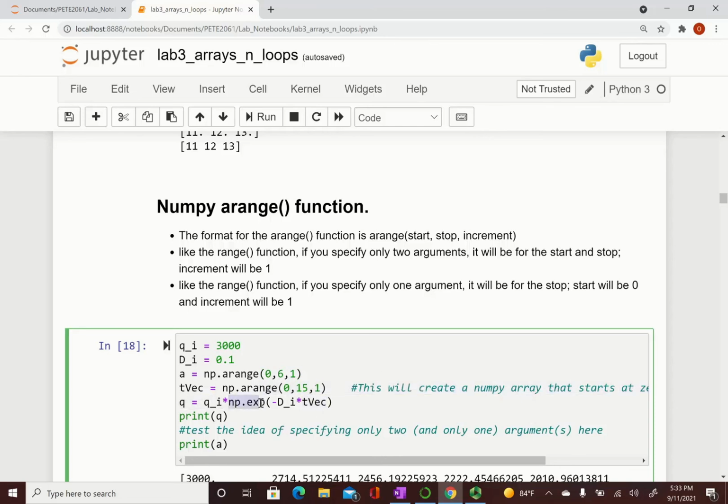Very important too. Students make the mistake of trying to use the math.exponential, which you used in lab 2. The one you used in lab 2 applies to primitive data types, single values, right? If you want to use an exponential function that will apply to an entire array, an entire vector, or an entire matrix, what you want is numpy's exponential function. And same deal with all the other functions in numpy. They will apply to an entire